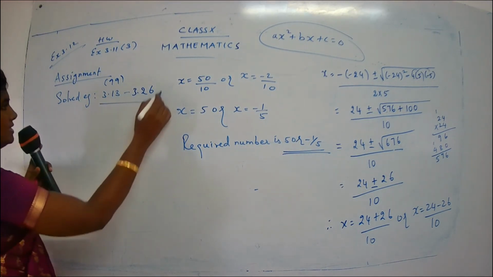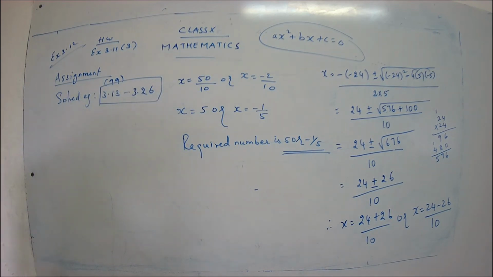So what happens is, with this we complete the solved examples till exercise 3.9. Okay, so next time I'll give you the solved examples from the next exercise. That is from 3.10 we can go on following. Once we complete this lesson, we will be completing our solved examples also, so that we will have a complete package of exercises and also the solved examples. Okay children, so I want you to complete your solved examples from 3.13 to 3.26. So we stop over here and we will continue the next sum in the next class.